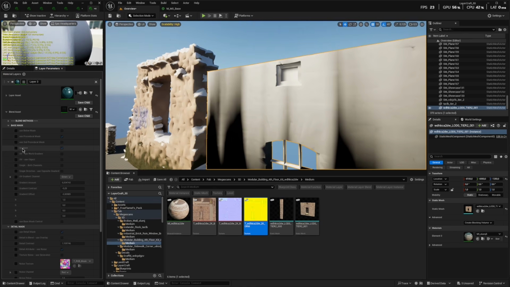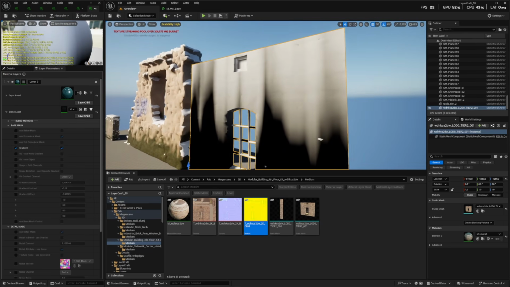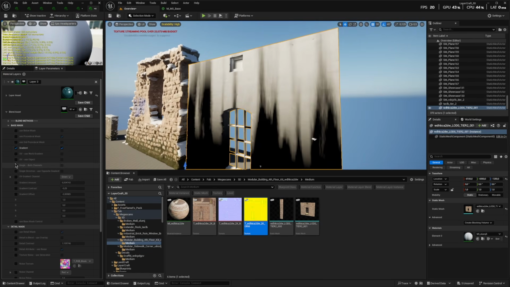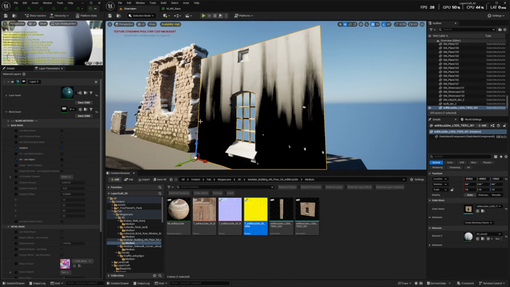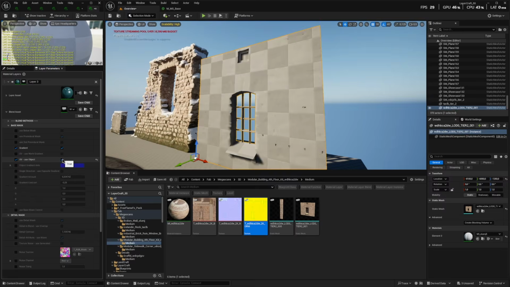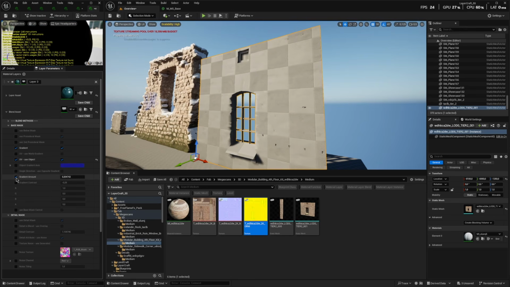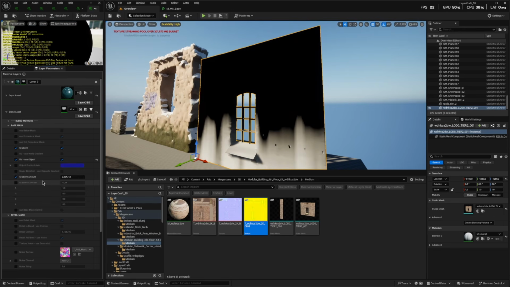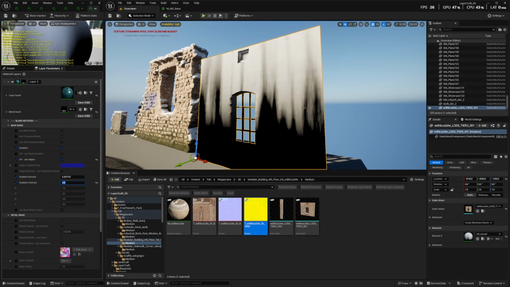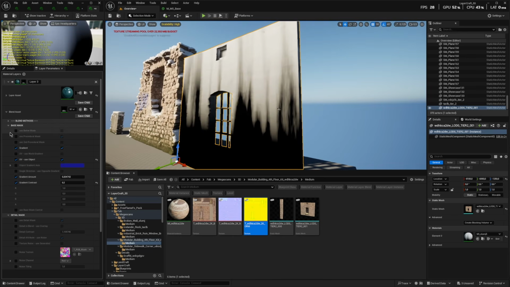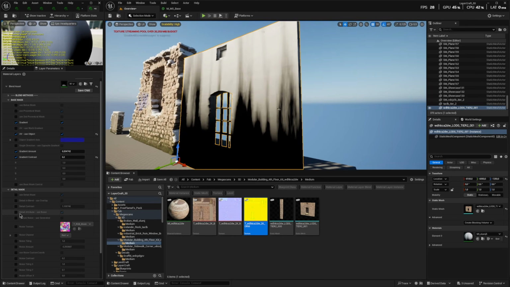We have a gradient, a UV gradient. I want to have an object gradient since I don't know anything about the UVs. Yes, so cool. I have this gradient and this texture as a detail,